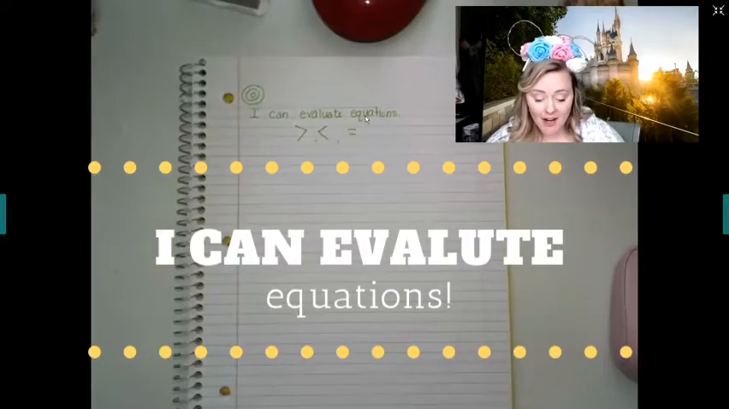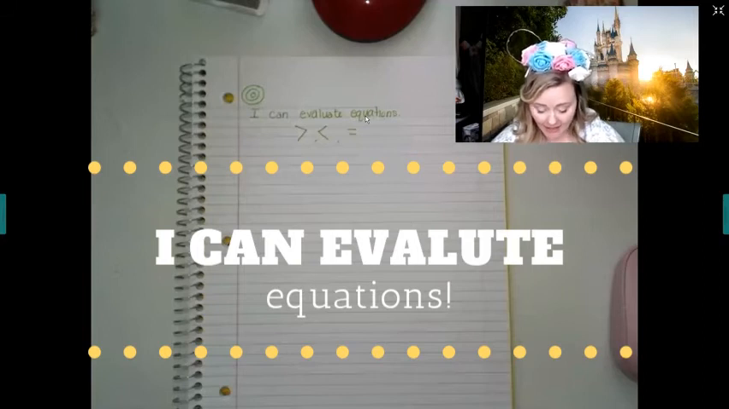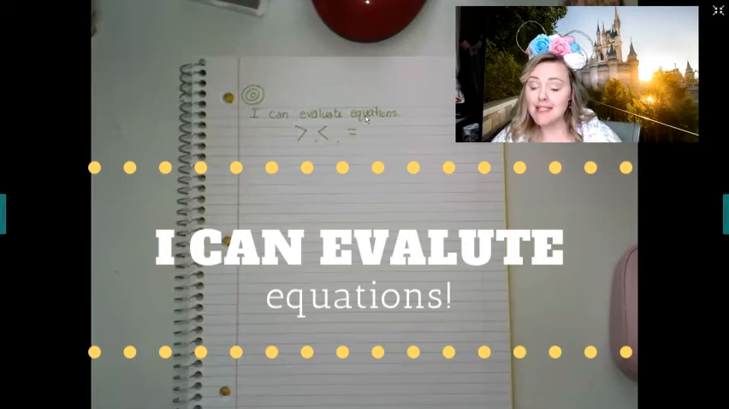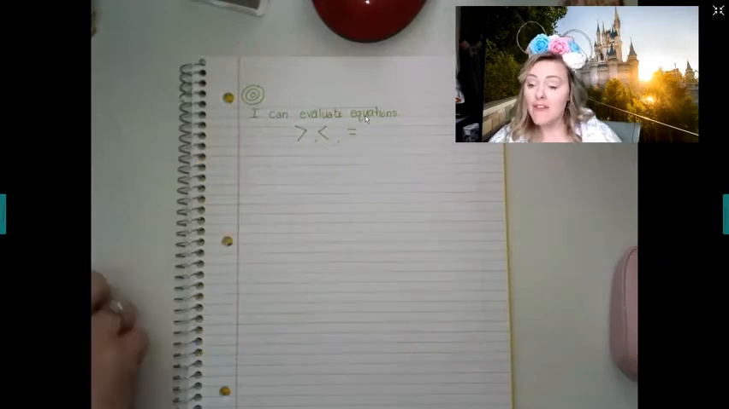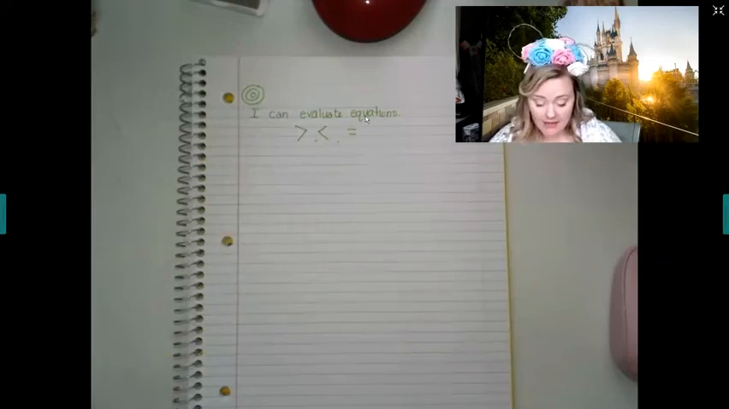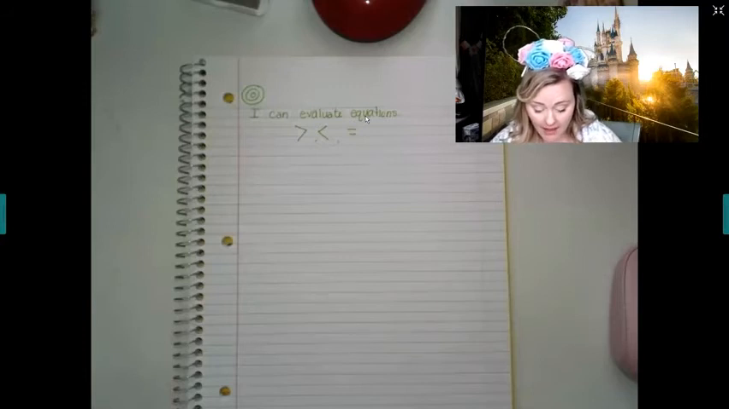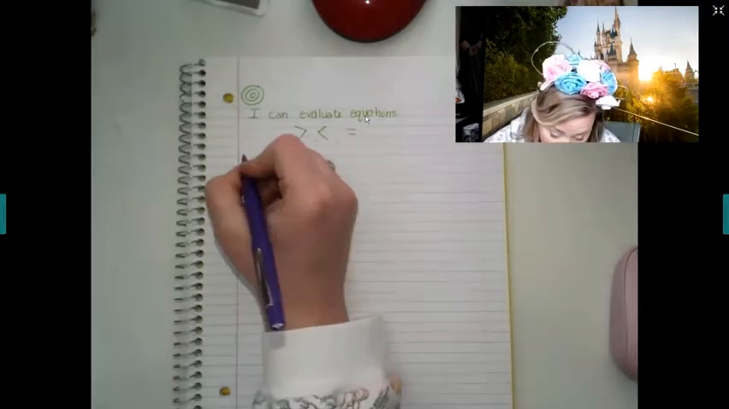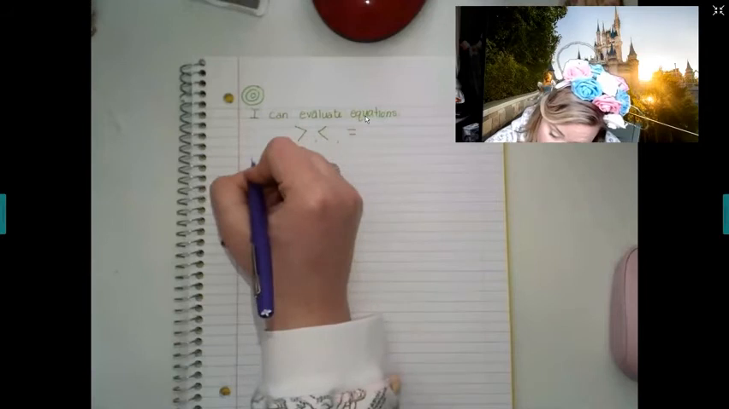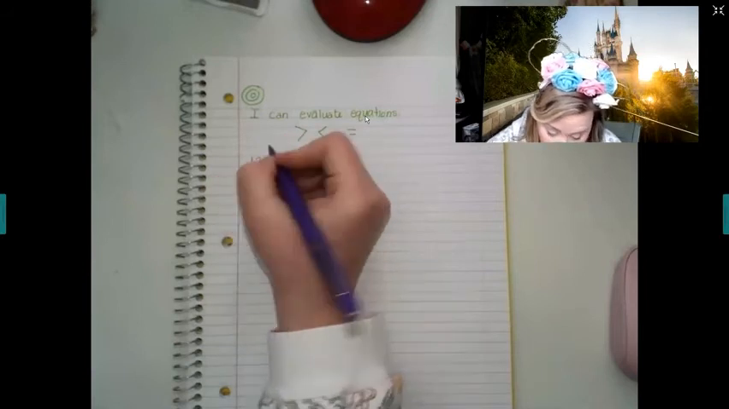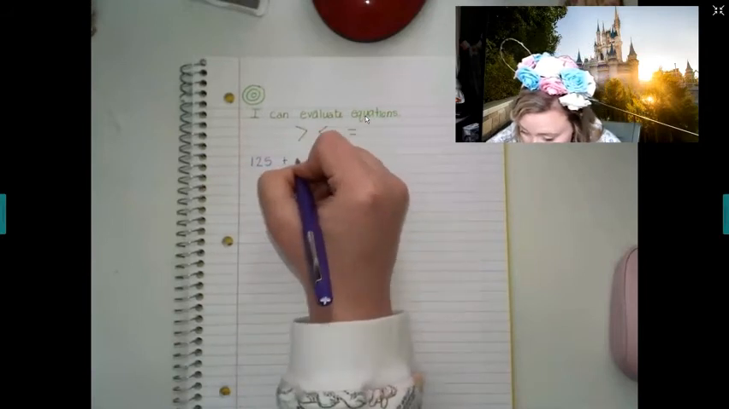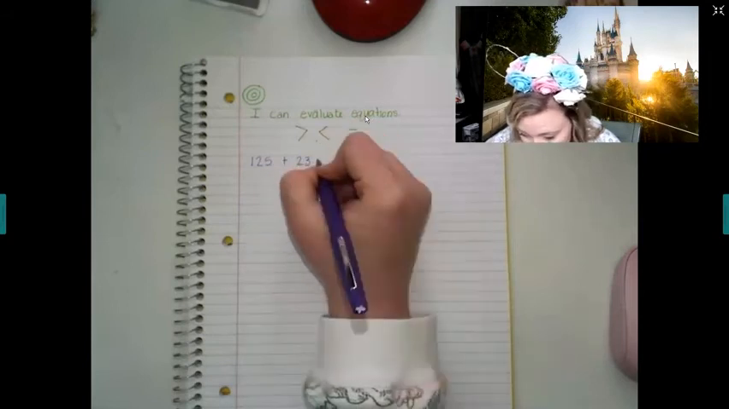So the next part of our work today is going to come on the last of page 234, and it's where we're going to be using greater than, less than, or equal to evaluate equations. So we're going to start with 125 plus 230,